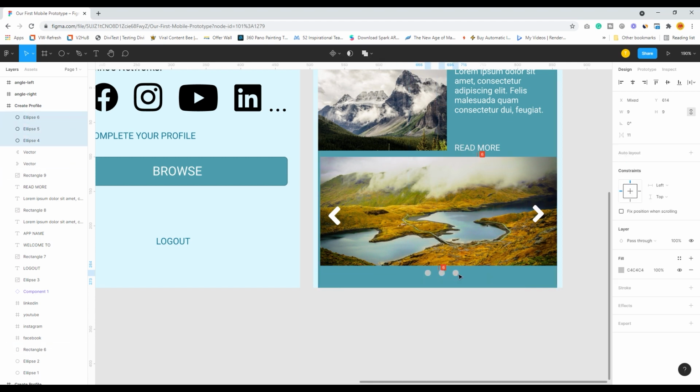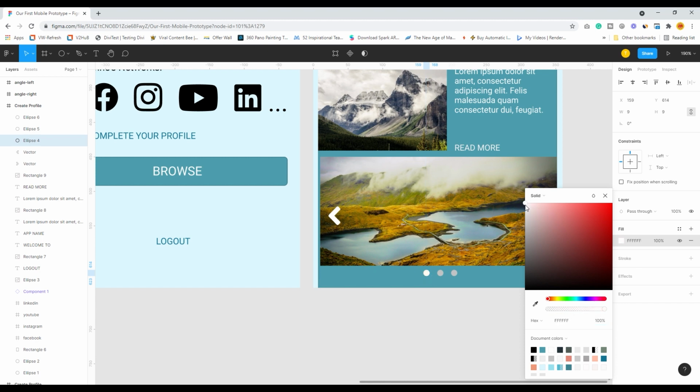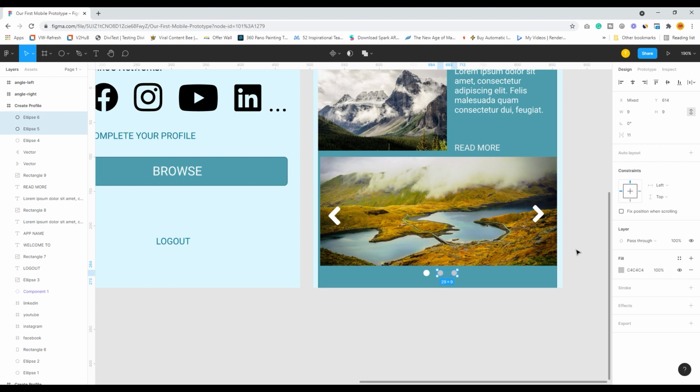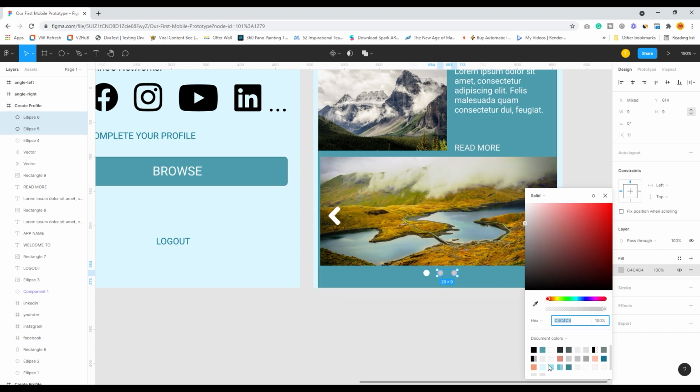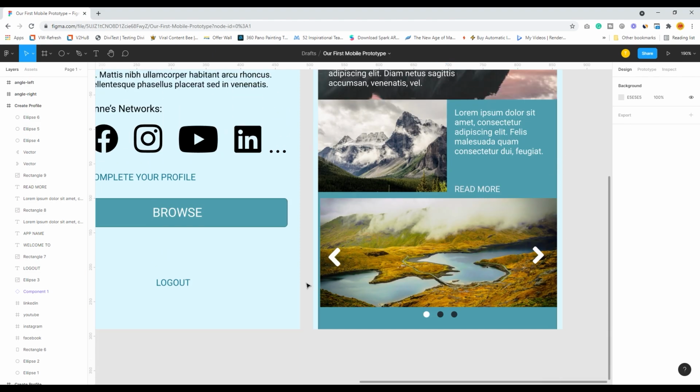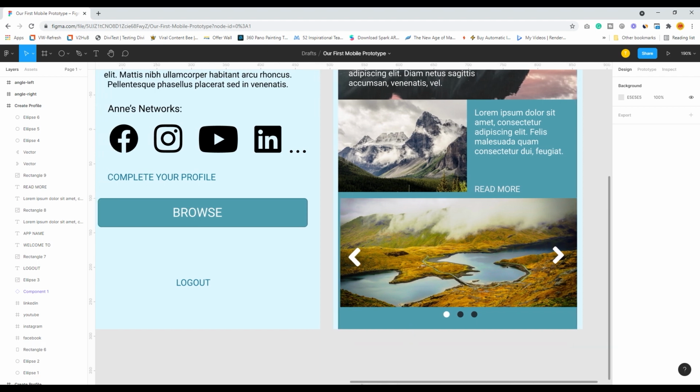These three circles, I keep them over here right at the center of the screen, but I will change this particular color to white, and the rest of them I can keep as gray, or I can take a black. So that's all, my screens are done.